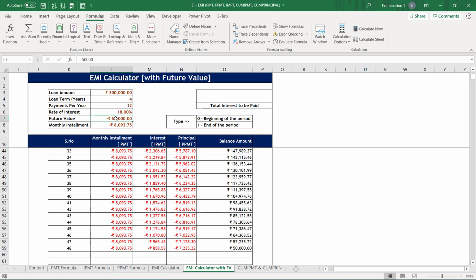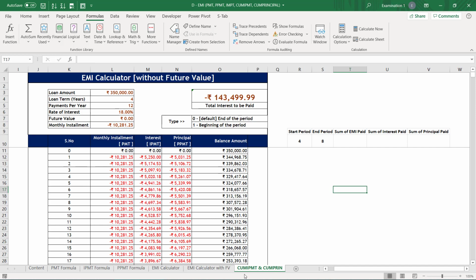If it is a negative amount, that means you will pay that after payment of each installment. If it is a positive amount, that means you are supposed to get that value from the bank after the payment of each installment. Okay. Now the last thing is how to find cumulative interest and principal. Now let us say I wish to find the total amount of EMI that I have paid, total amount between period 4 and 8. So what I'm going to do, equal to